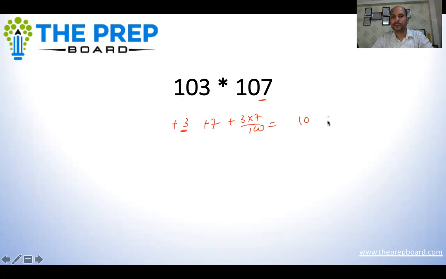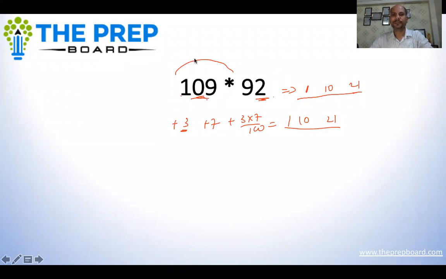It becomes 10.21. Remove the point, put the 1. Or for initial, what you can understand, put the 1 here, then 3 plus 7, 10 here, and 3 into 7, 21 here. This is their product. Okay. So first 1, and then addition, and then the final product. This will give you the product of this kind of number. Now here,